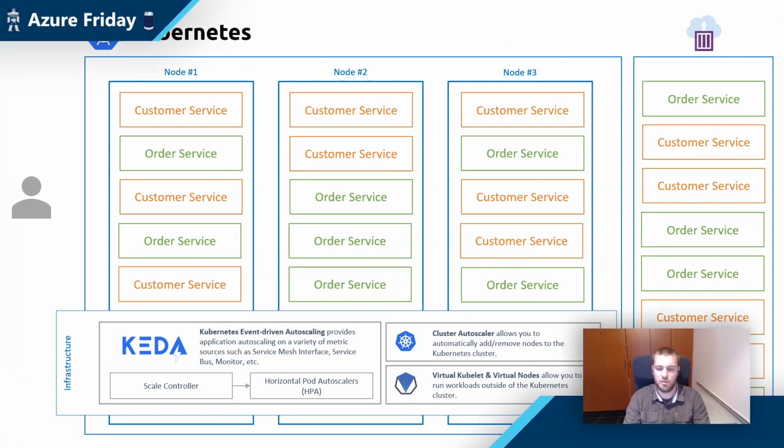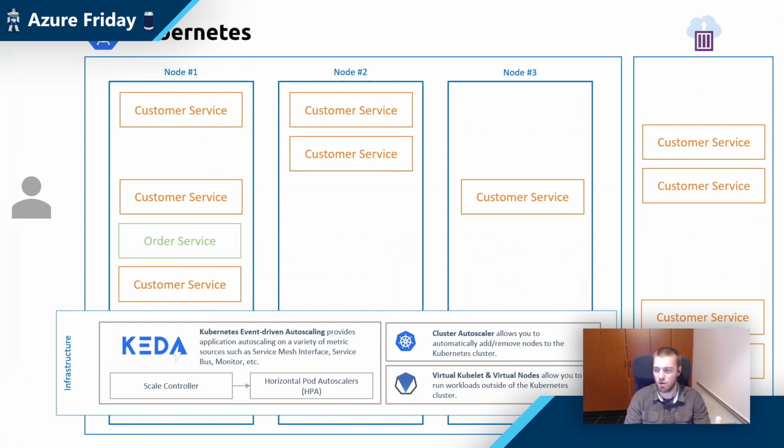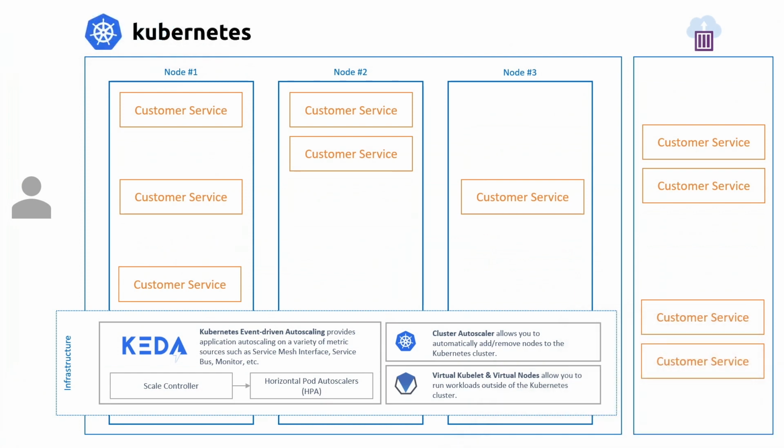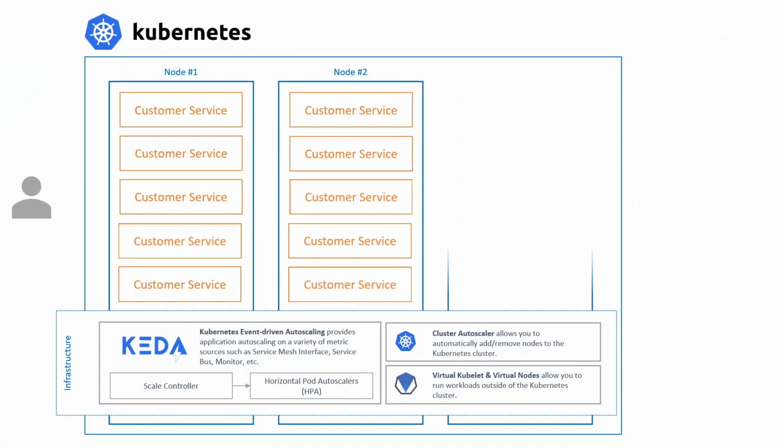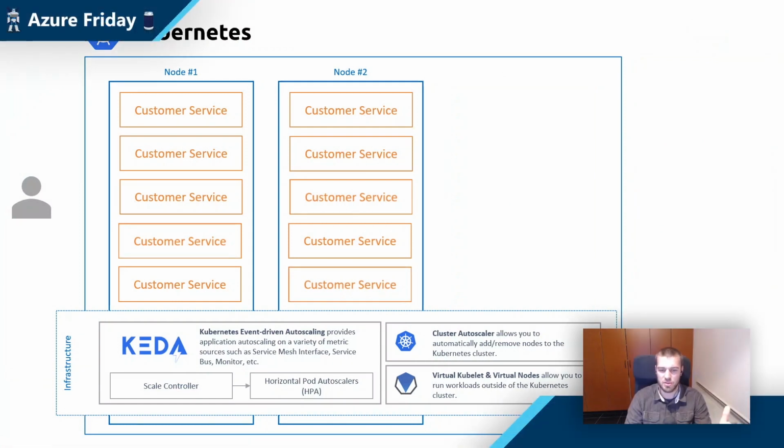Okay. And now the whole selling point of KEDA as well is that if the whole order service scales all the way back to 0, we basically free up a lot of resources, and it allows us to scale down the whole cluster again. So by using these 3 services or components together, you really have the auto-scaling sweet spot for Kubernetes, thanks to the serverless features of functions brought to Kubernetes.